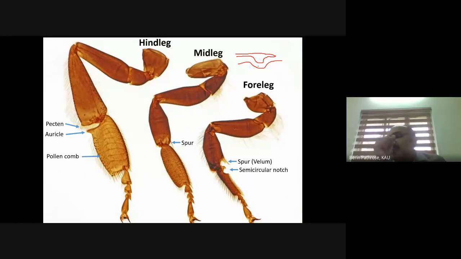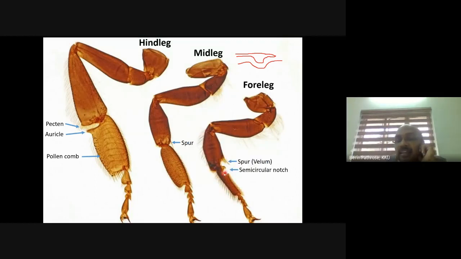We have studied the honeybees help in pollination. So the honeybee, the entire body is covered with numerous hairs. You can see all the legs over here. These legs are all covered with hairs. The antennae is also covered with hairs. So once the insect visits a flower, all the pollen grains in the flowers will stick onto the body parts, including the antennae. So what the insect will do is,